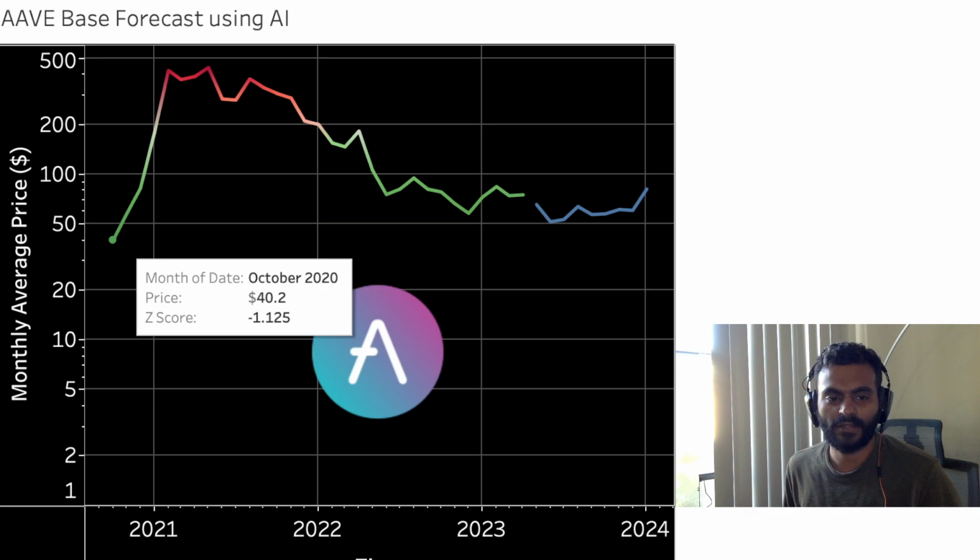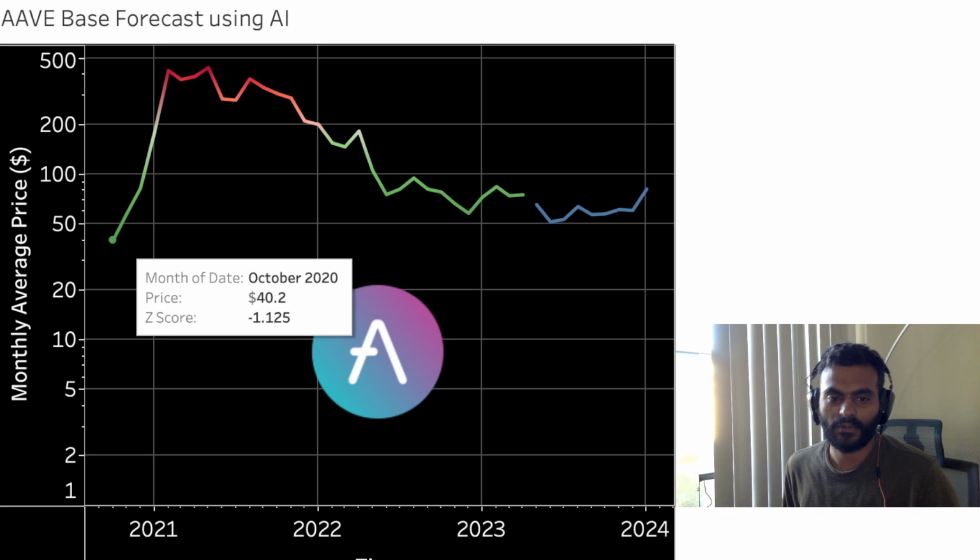by considering the monthly average price for the token for that month, as well as the average for AAVE for the entire series since October 2020 till April of 2023. And the average price for this token for the entire series is $180, whereas the standard deviation is $120. And standard deviation is also used while calculating this z-score. So for the z-score, the price is compared with the average price, so 40 and 180, and that number is divided by the standard deviation.